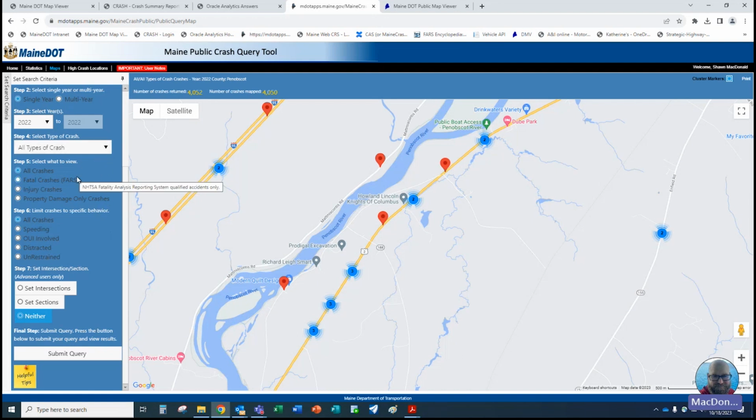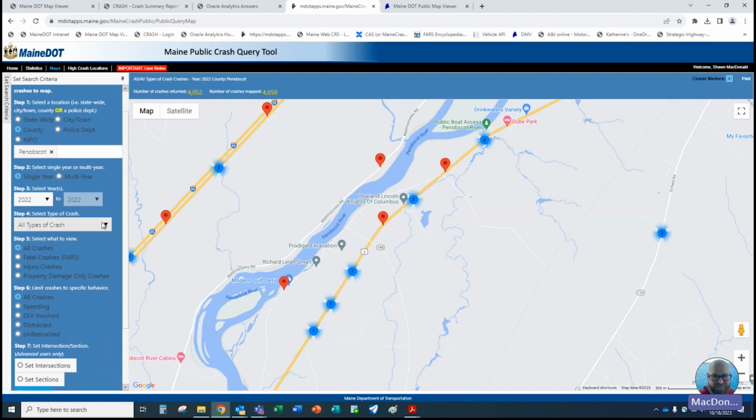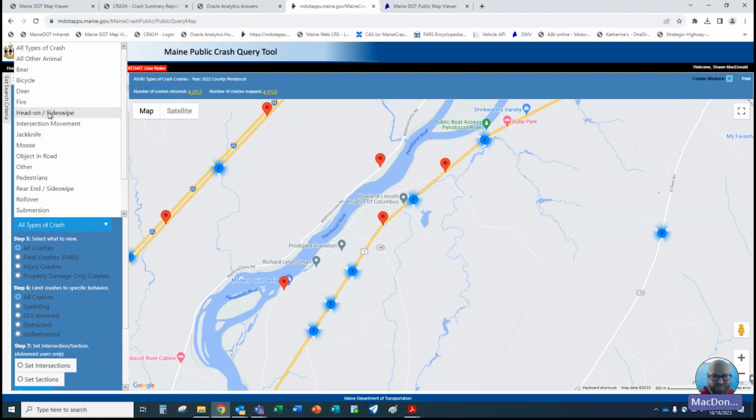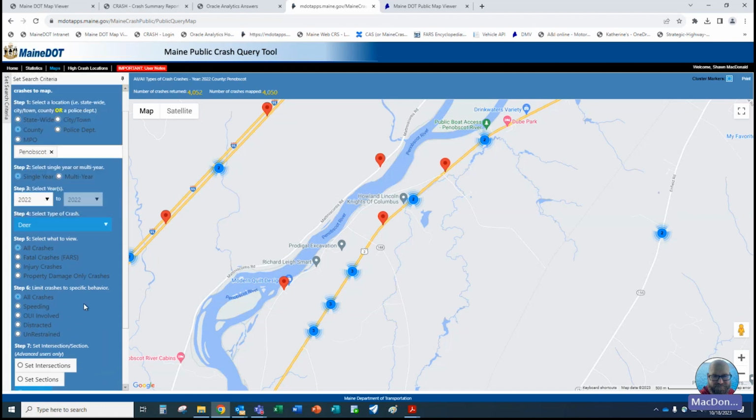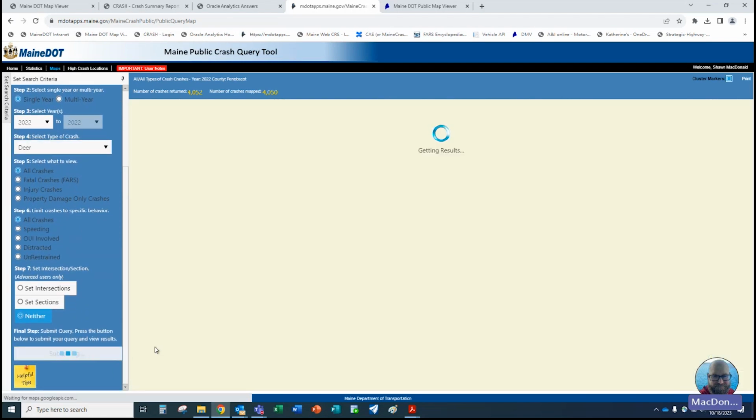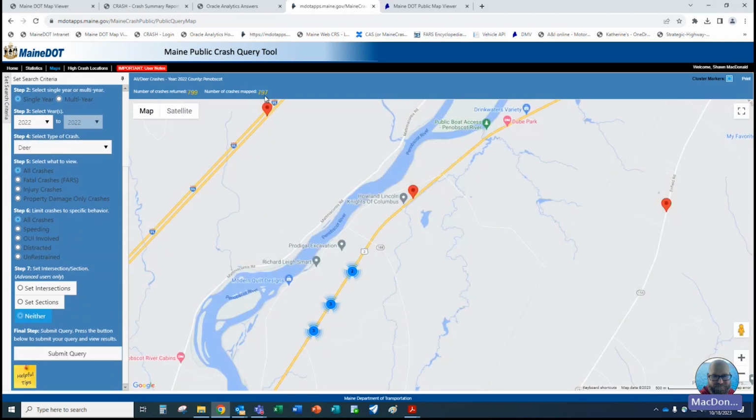Again, I know this, so I'm still in Penobscot County, and I just happen to know that both types were deer crashes. So that's where both of those missing crashes were. They were both deer crashes. So maybe deer crashes aren't even part of your analysis, so the information that's missing from this map may not be something of particular interest to you.